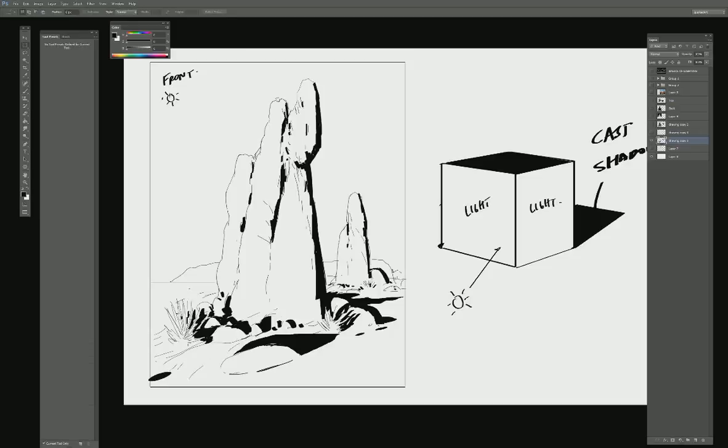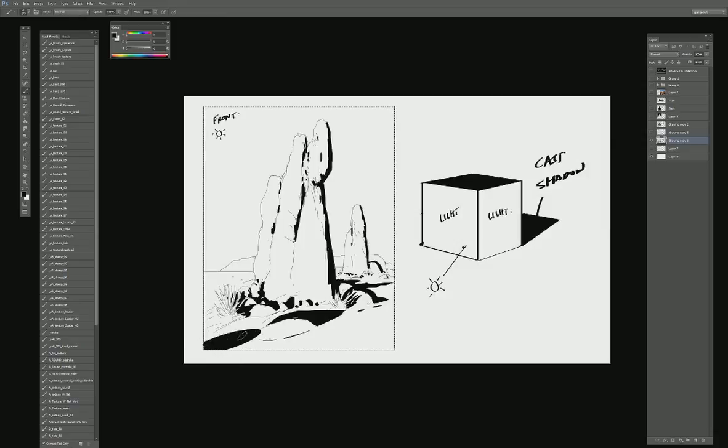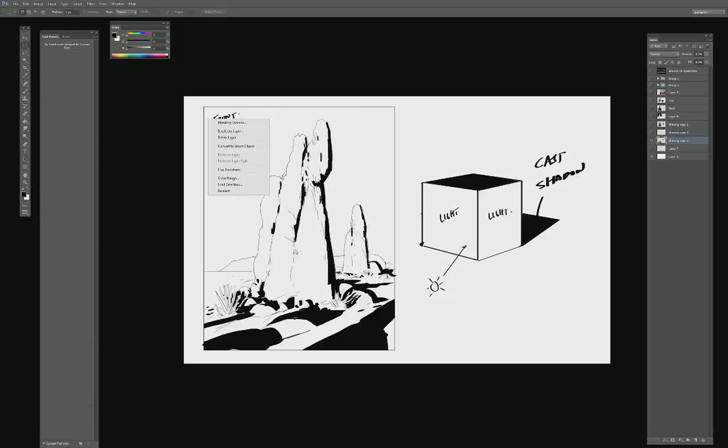And just to kind of really sell this point of lighting, I can say that there's maybe another object in front casting a shadow here. You know, maybe there's some more rocks or something. Casting a shadow here. And just to really sell the lighting scenario here, I'm actually going to